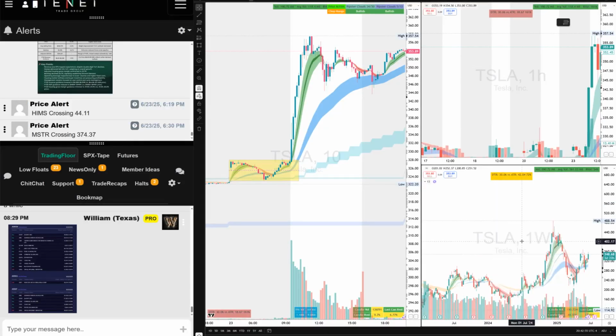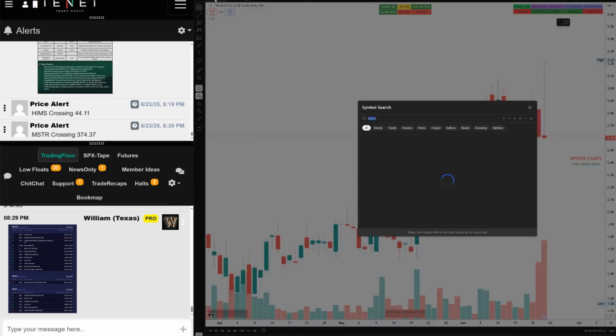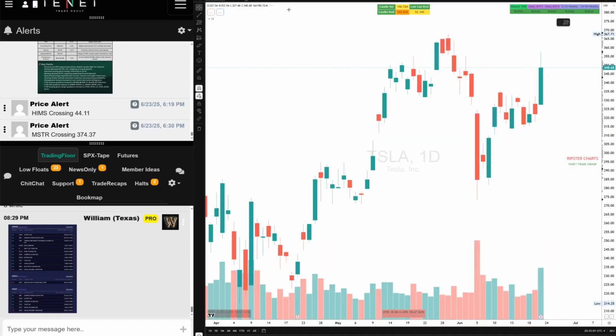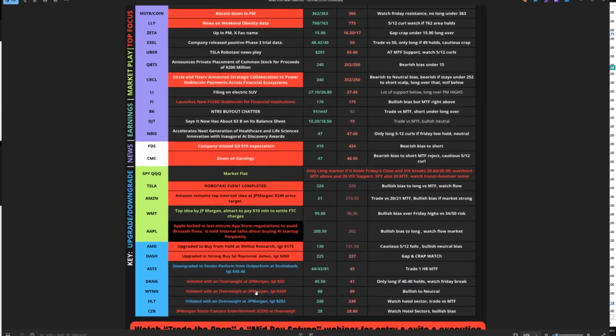Because when such setups come, you need to hold your trade. You need to let it work out for you. So before I go to the detailed analysis and show you the guidance on how the traders in the community nailed Tesla today for a huge winner, an exponential winner, let's take a look at what was the plan in the pre-market.